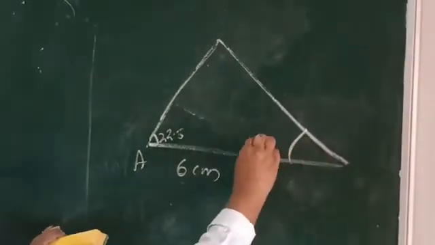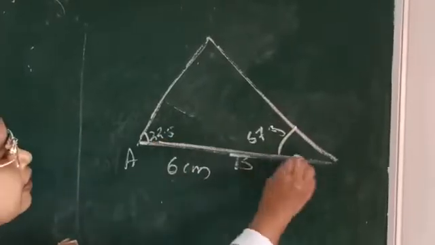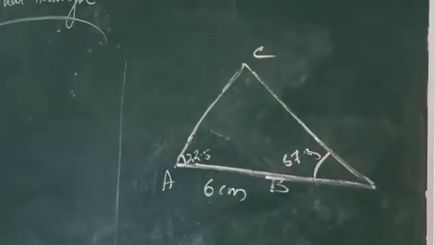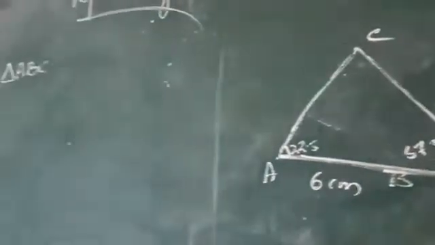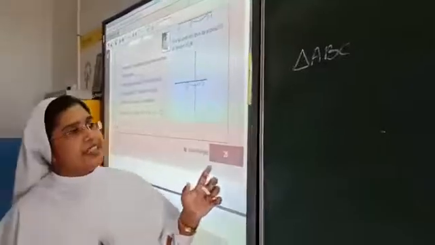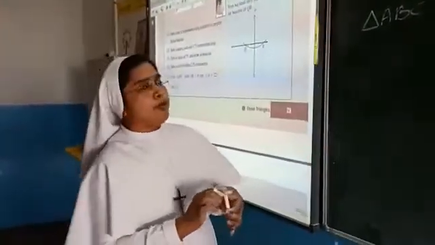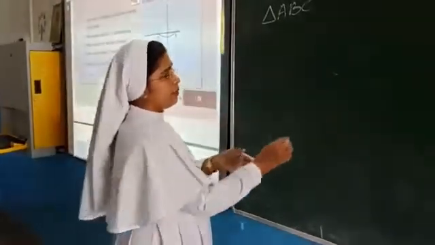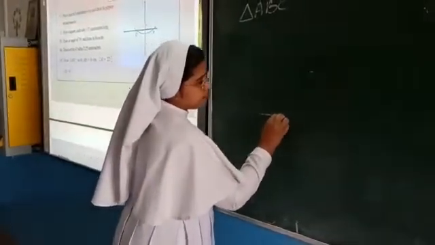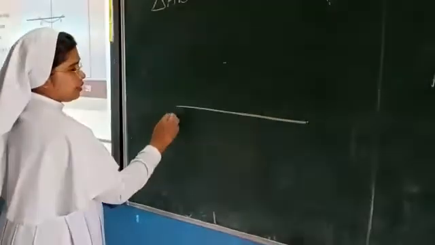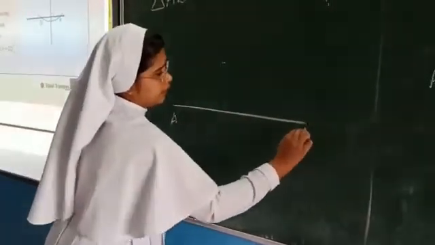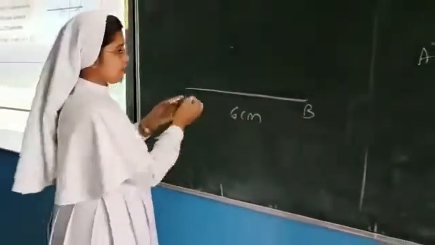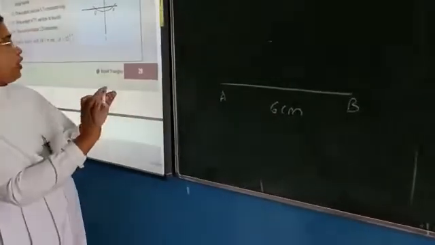So it has to be 67.5. Okay. A triangle of this sort you have to draw. Now what do you have to do? See, first it is rather difficult for you to get 22.5 and 67.5 in the protractor. So you are drawing a first line AB. Imagine that it is AB with 6 centimeter. That you can get from your scale. So you are drawing it. AB you have to draw.